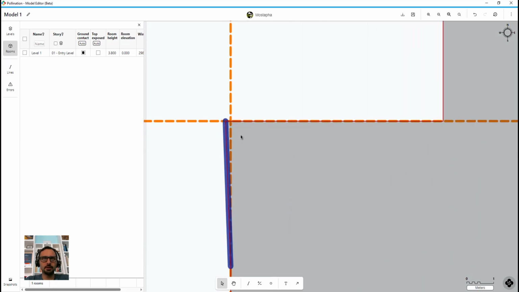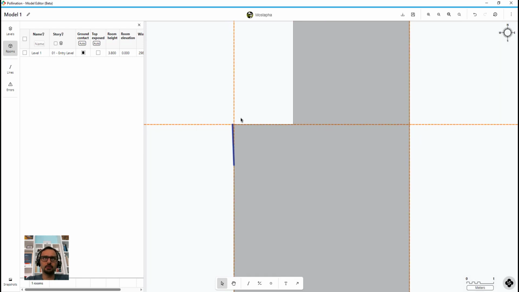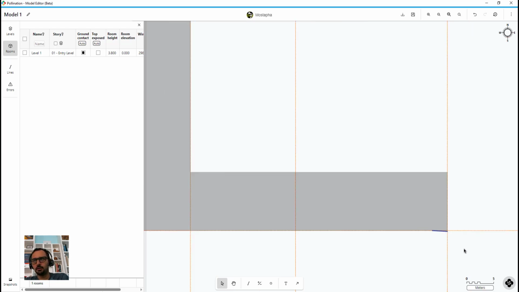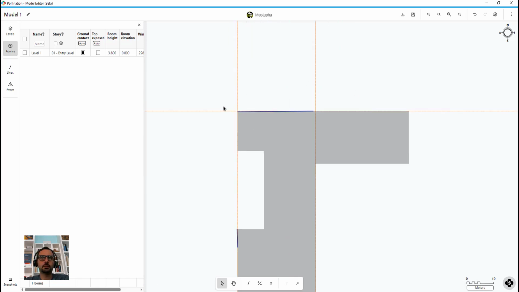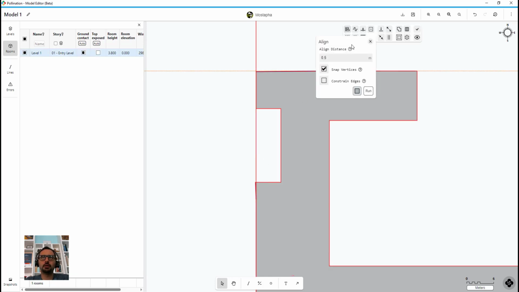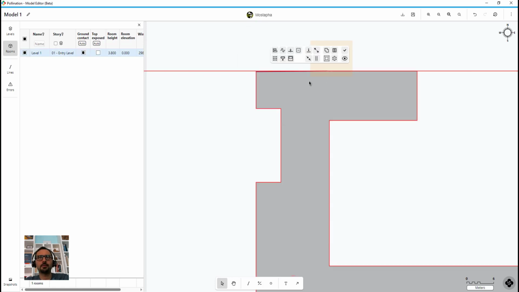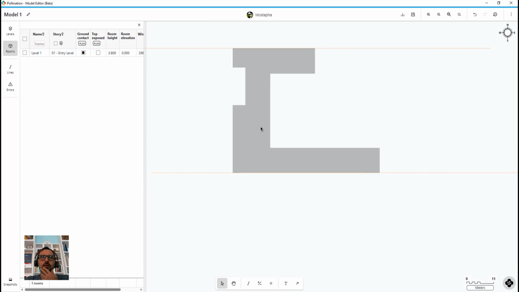And this is expected because it basically aligned to that one, then it didn't align to this one because there was a line closer. So it did the job right. Just I had too many alignment lines. So let me delete the ones that I don't need anymore. Delete this guy. Delete this. Run alignment again. So that's cleaned up. Run alignment for this one. And finally for this one, select everything